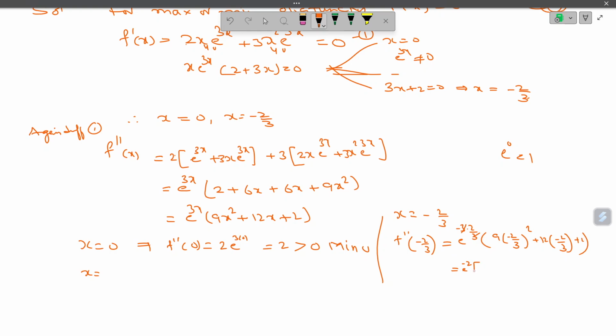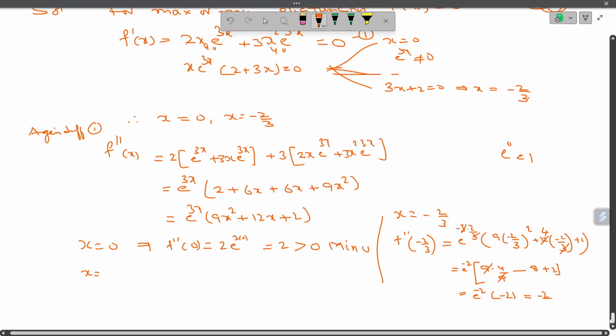So this will be 9 into 4 by 9. You see minus 2 square is 4. Minus becomes plus. 9 9 getting cancelled. 3 fours are 12. And 4 times 2 is 8. And plus 2. So e to the power of minus 2 times 4 minus 8 plus 2 is minus 2,